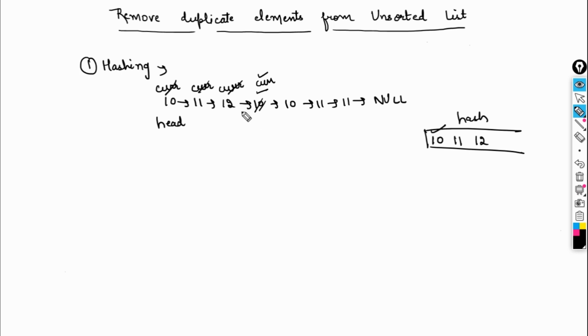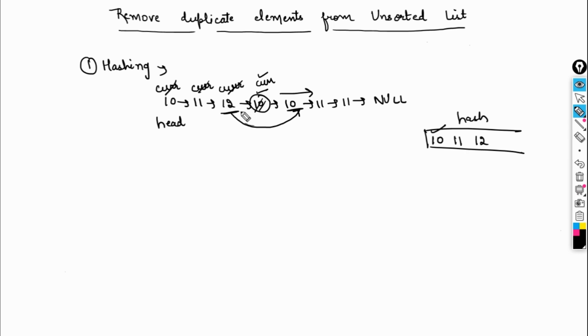So how can I do that? I need to make a link from this node to this node, because if this is not the case, then the list will be lost after the current. Now we know that we can't go to current's previous.